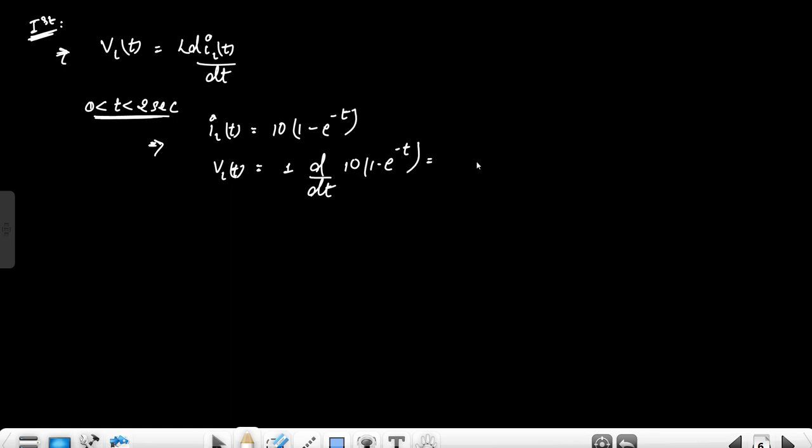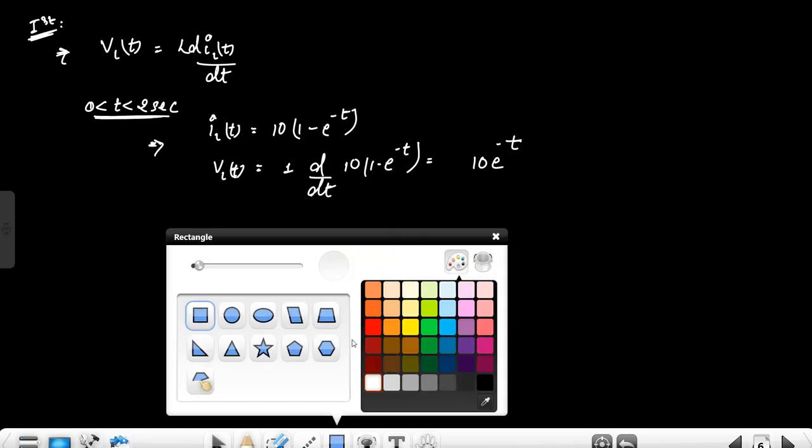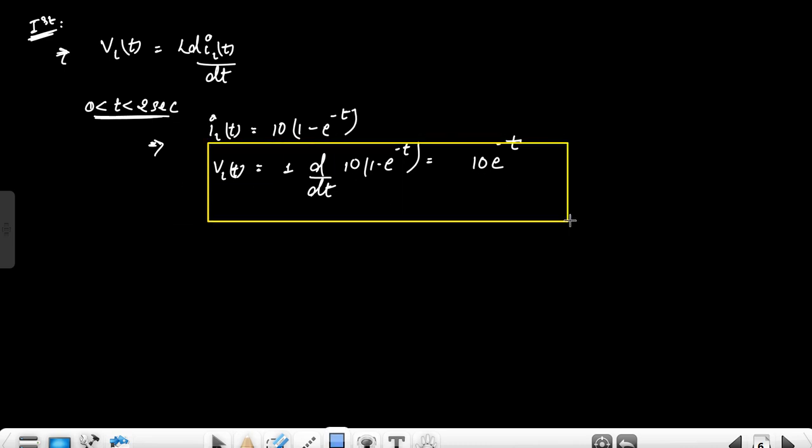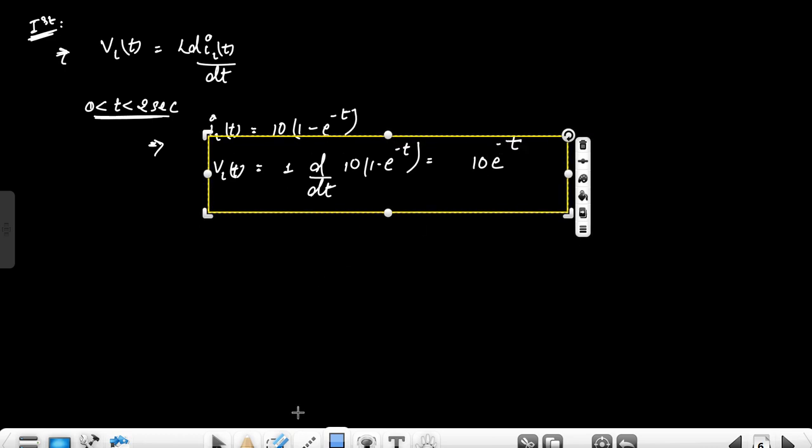But this 10 will be constant and it will be e raised to power minus t, right. Simple, e raised to power minus of t. So ये basically inductor is following this voltage equation. So just 10 e raised to power minus of t for the time instant t less than 2 seconds, right. अब यहाँ पर जैसे इंडक्टर इस इक्वेशन को फॉलो कर रहे हैं, मतलब यहाँ पर 10 वोल्ट